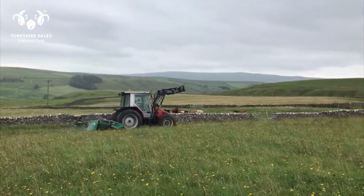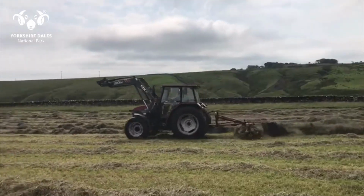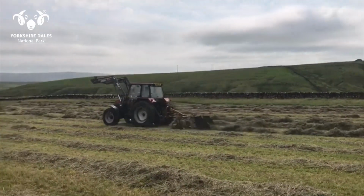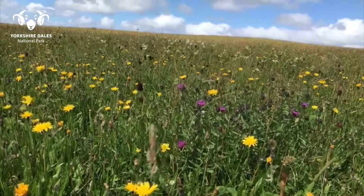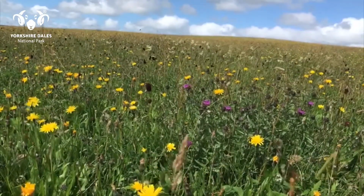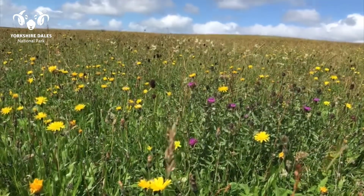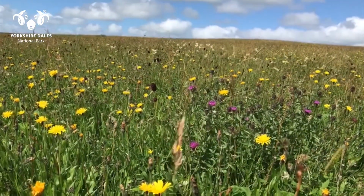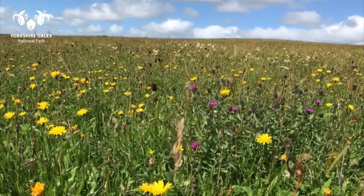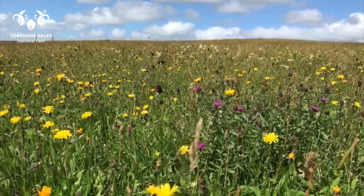And when we cut this meadow, the mower going through, then the scaling out and the strawing out and the spreading out of this will just mean that plants that have seeded, it'll shake those seeds back down onto the ground, and hopefully next year we'll get even more of these fantastic species that are brilliant for pollinators, really colourful when they're all in flower, and it just makes it both a beautiful meadow, but also brilliant